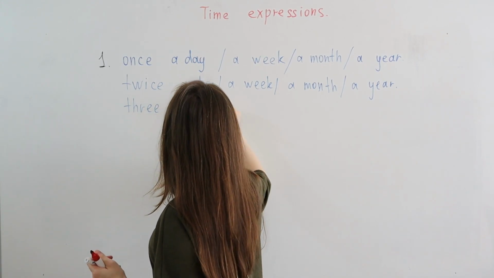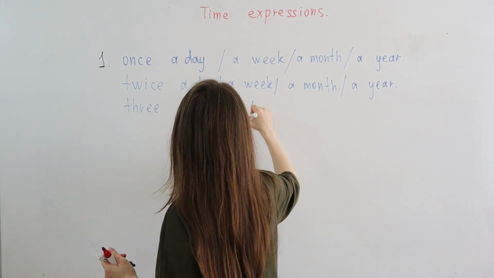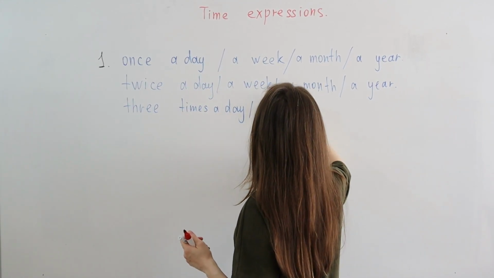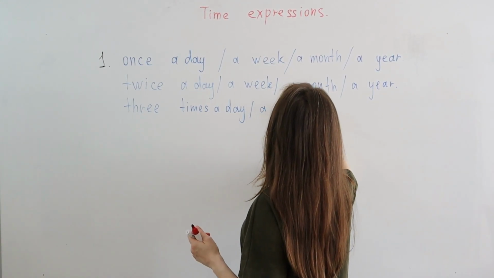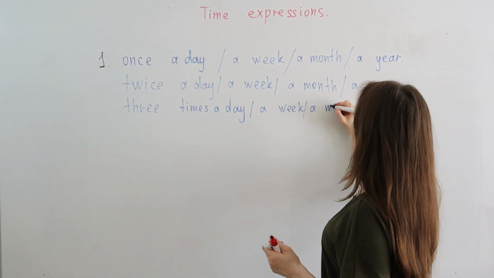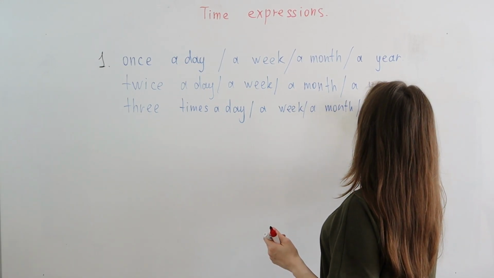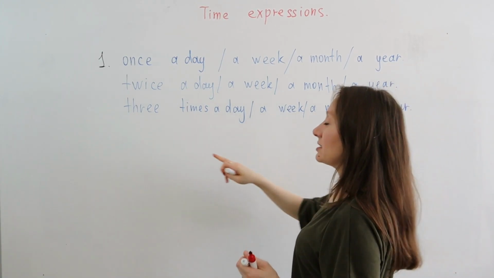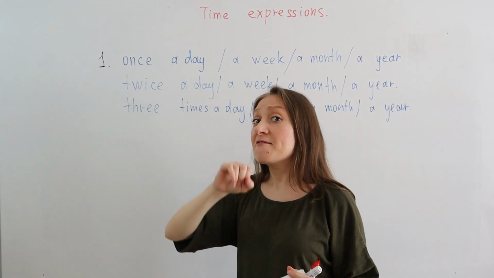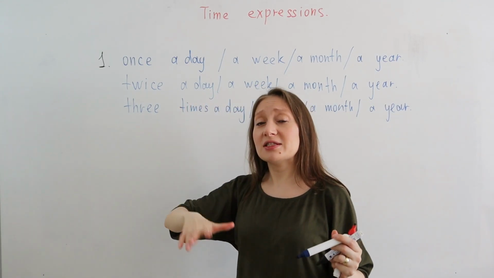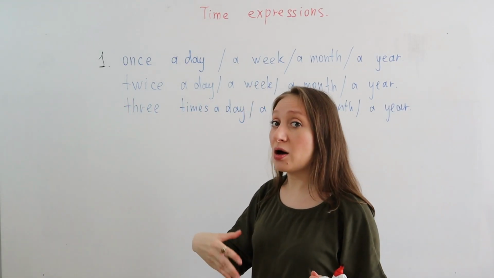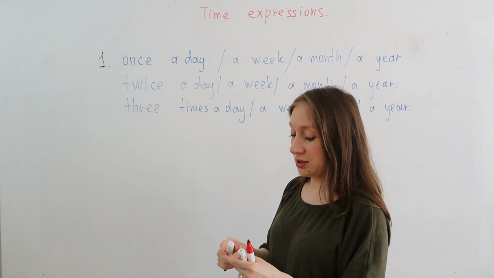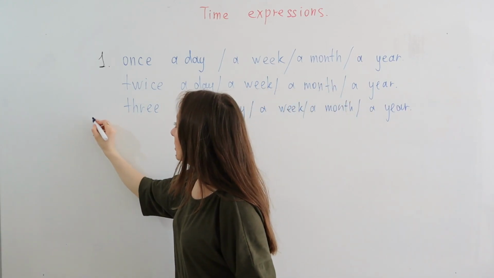Three times a day. Three times a week. So a week, let me write it. Three times a month and three times a year. And you can continue. You can say four times, five times, six times, seven times, and so on, right? It depends how often you do this or that. So, time expressions, right? The next one,